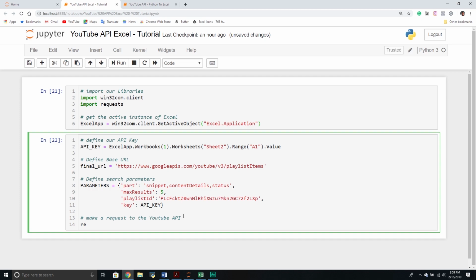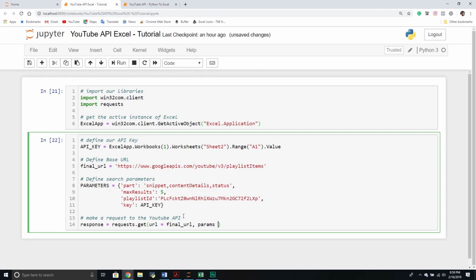I'm going to store whatever is sent back to me in a new variable called response. And then what we're going to do is we're going to call the request library. We're going to call the get method, and then we're going to define 2 parameters. The first one is the URL. Well, that's simply the final URL. This is basically the API that I want to call. And then the params